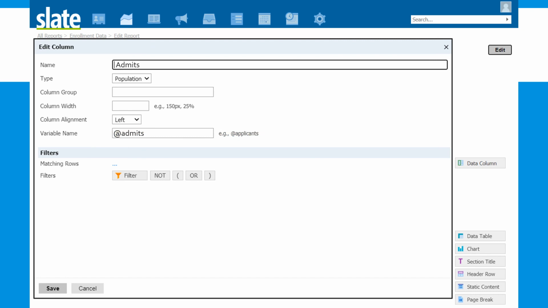I'll click save. Oh, but before I do that, you can also create what's called a column group. This is actually quite nice for some reports. So maybe I want to call this group of columns yield data and another group of columns enrollment data. You can also specify how wide you want this column to be, and you state that in a percentage. So I click save,